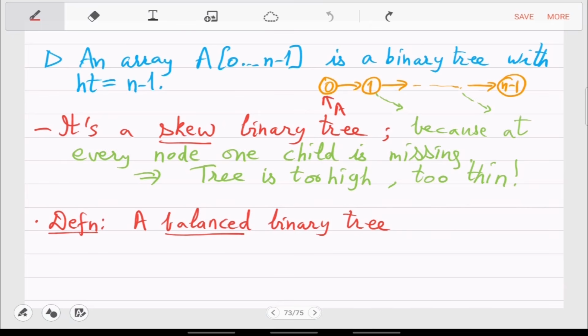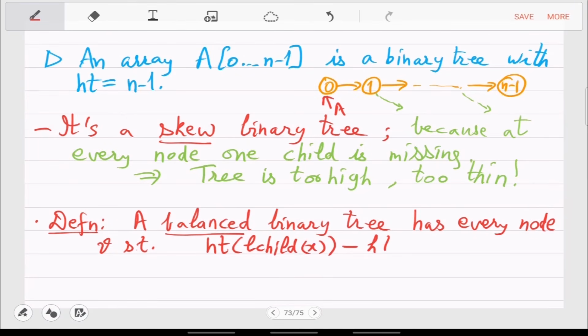So a balanced binary tree, the property will be that every node x or v is such that, not the size, sorry, the height of the left child of x minus the height of the right child of x, this difference should be not more than 1.